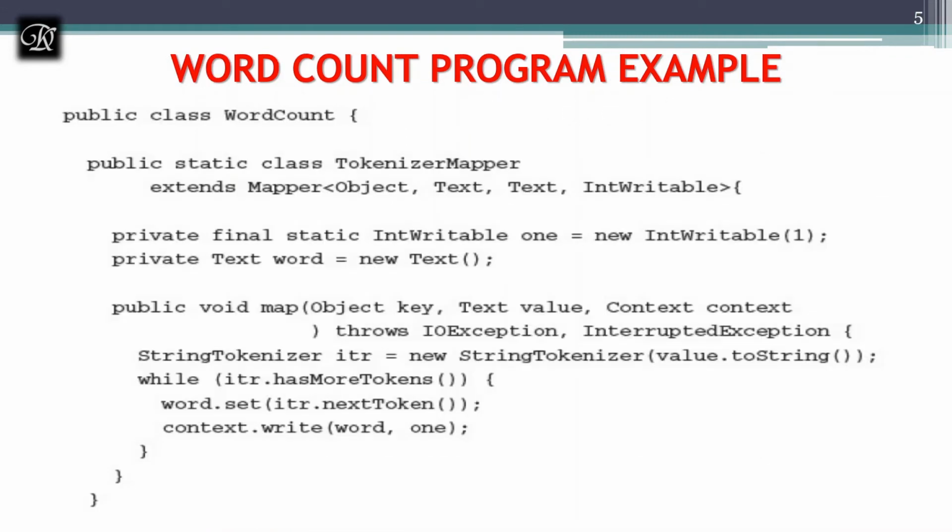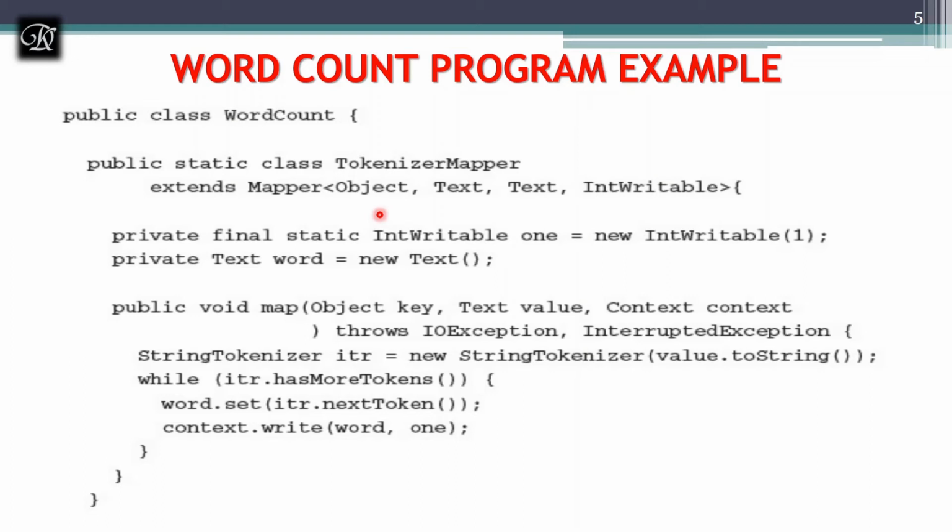Let's see the program and how it's going to work. The program for the same thing I have discussed should have 3 class files. In the textbook, they have written everything in one single class and divided it into functions, with internal classes inside it. When explaining the program, rather than keeping all 3 classes, that is the mapper, reducer, and driver, in a single class called word count, I separated them and kept them in different files.